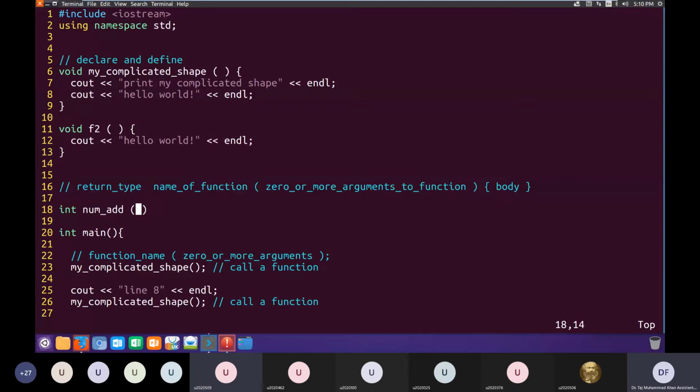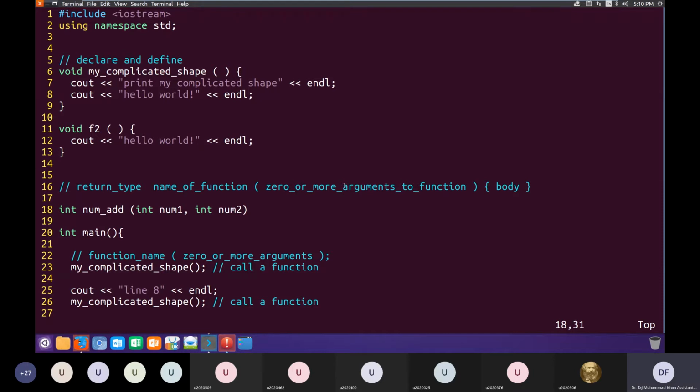So we can define it here like int, and we also have to give names to those arguments. Int num1, comma, int num2. Another important thing, as Uzair said, is that to separate different arguments, we use the comma operator. This is argument 1, type plus name, comma, and then argument 2, again type and name.